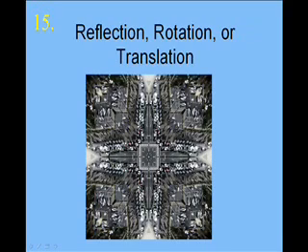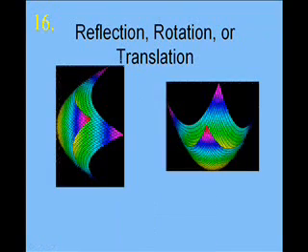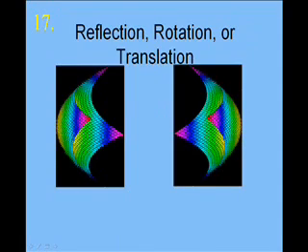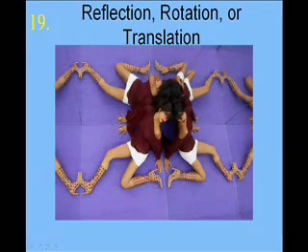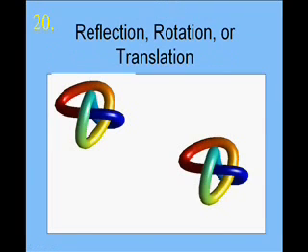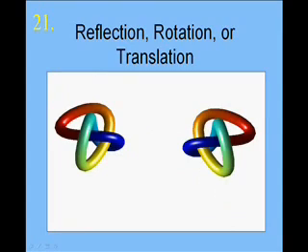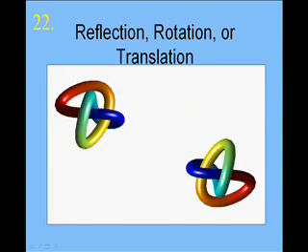15. That looks like a reflection or rotation. Number 16 is a rotation. 17 is a reflection. 18 is a translation. 19, again, reflection or rotation. 20 is a translation. 21, reflection. 22 could either be a rotation or a horizontal reflection and then a vertical reflection, or vice versa. A vertical reflection